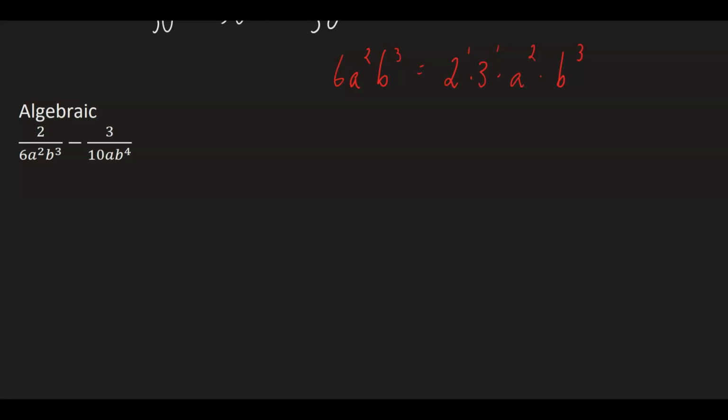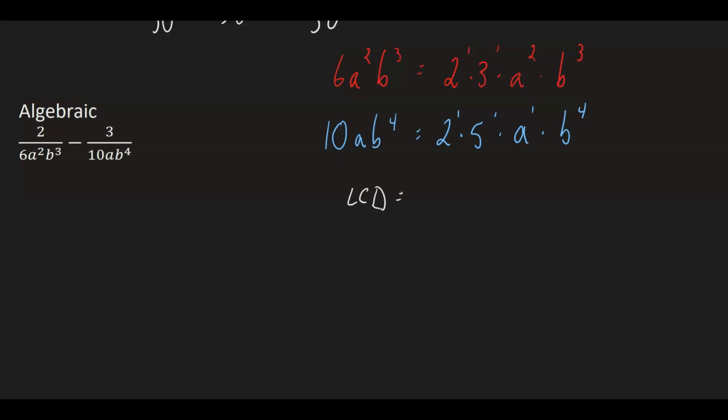And my other one, 10ab to the 4 is equal to 2 to the 1 times 5 to the 1 times a to the 1 times b to the 4. Now remember that the lowest common denominator is equal to the product of each of these prime factors